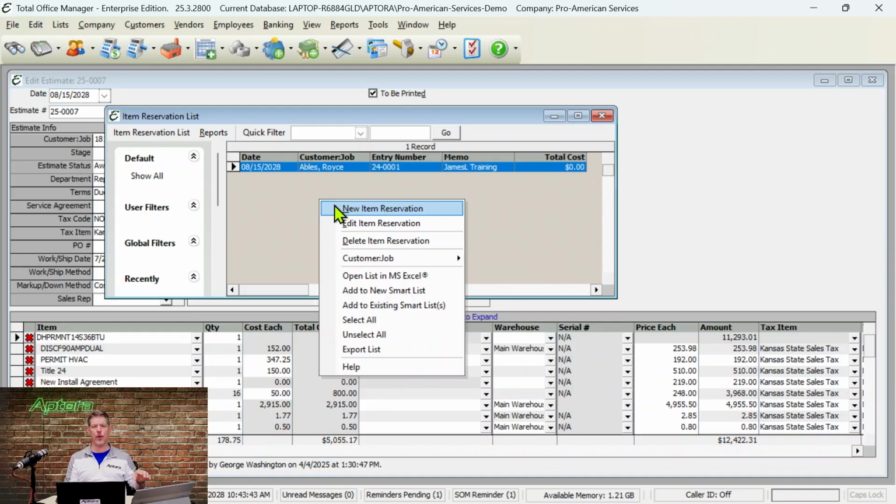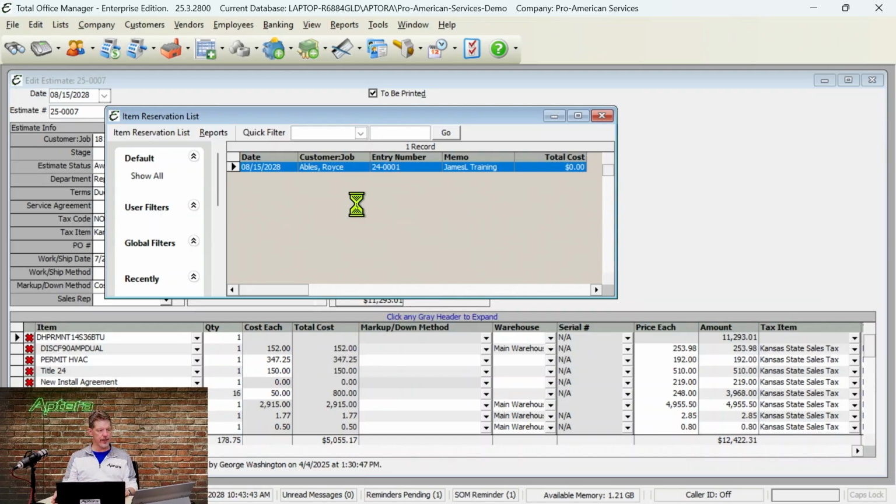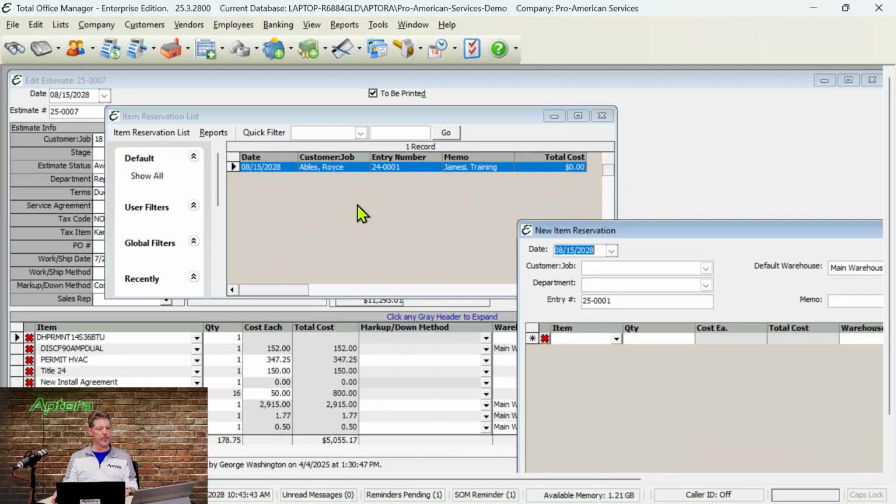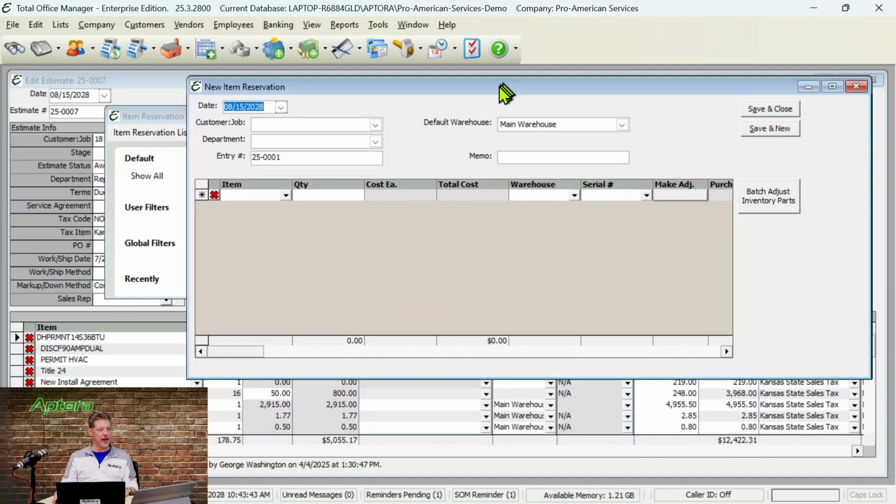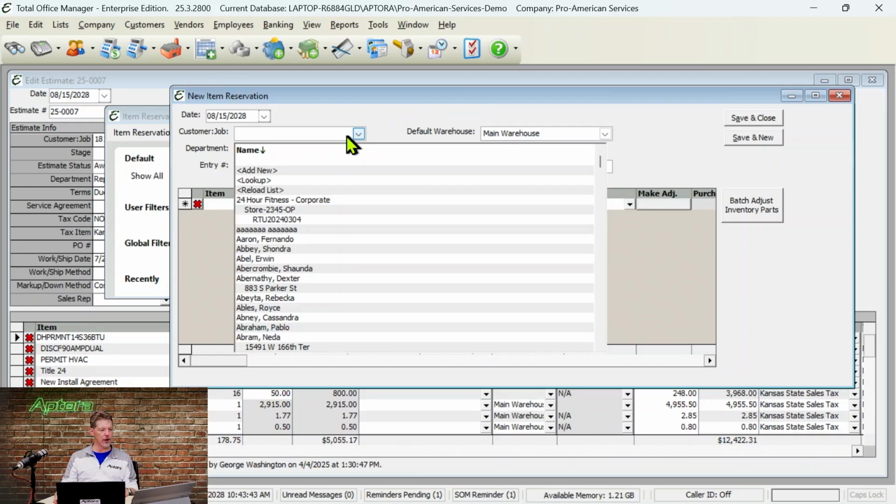As I've said before, it's always best to create an estimate when we're talking about jobs. And then once that gets sold, you might come from the estimate to create your work orders, come from the estimate to create your purchase orders, etc. When you come from something, then it's usually a lot easier on you. Let's just do a new item reservation just to see the process real quick. Not much to it. You're simply picking the job,